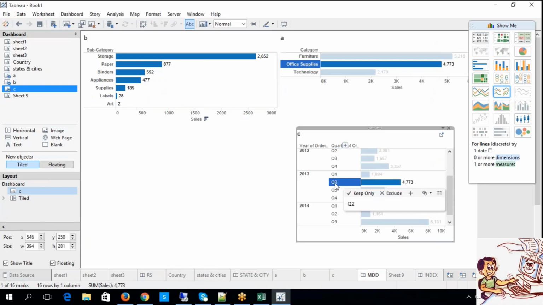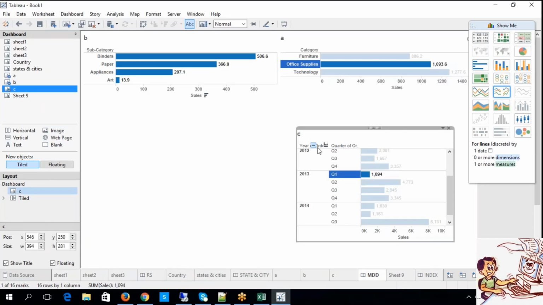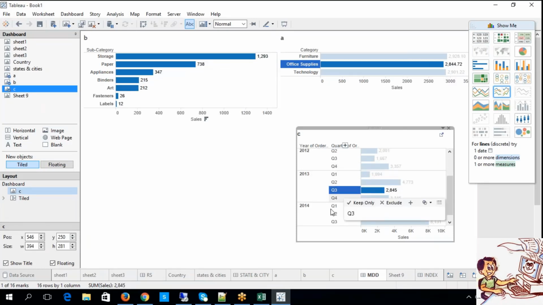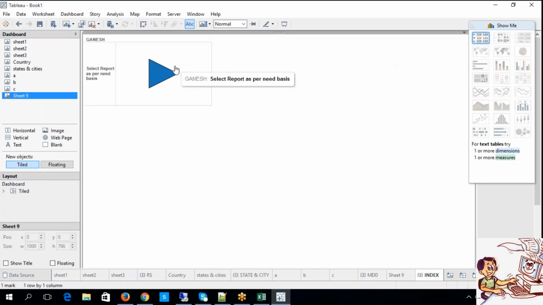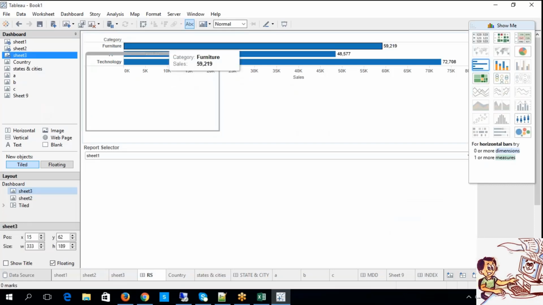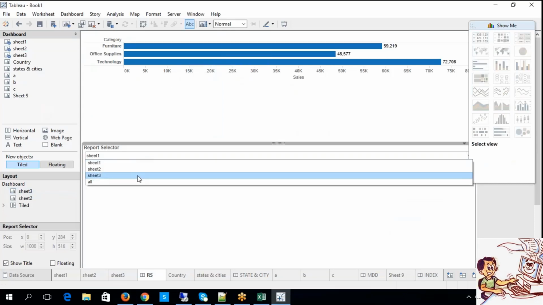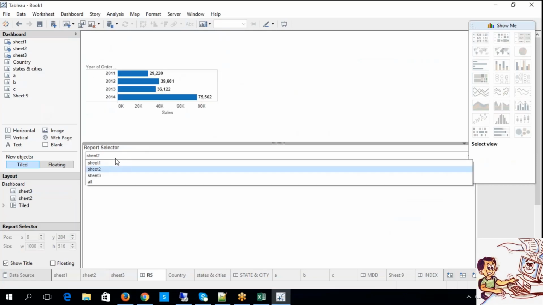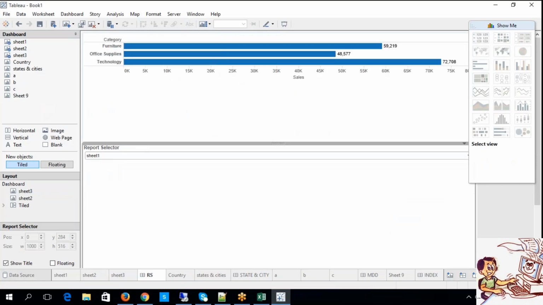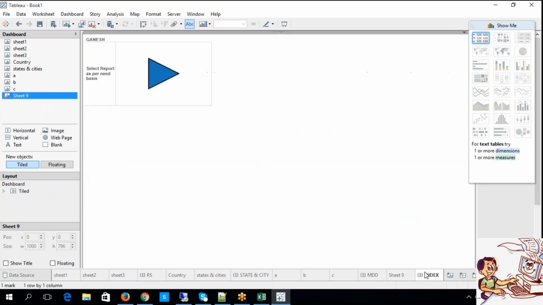Now here I can play around with this again. I can choose Q2 data, Q3 data. Now look at this, the corresponding values keep on changing here, isn't it? Now again, if you go to index, now look at this, filter 3 again, see, sheet 3. Now look at this, you have what? You have a report selector, sheet 3, sheet 2 data, sheet 1 data, something like that, isn't it? So you can play around with this again. So this is what the indexing mechanism is, okay.